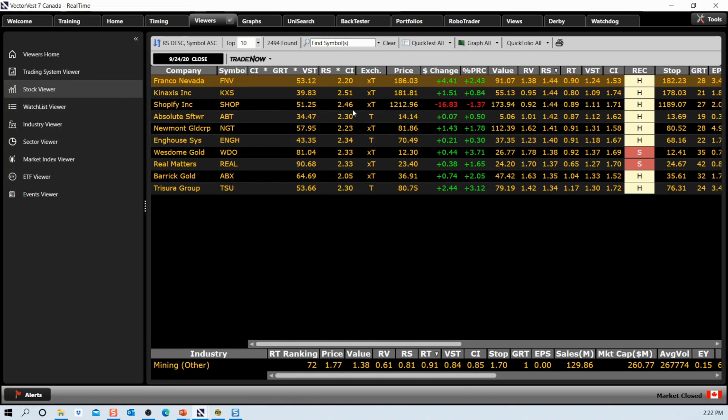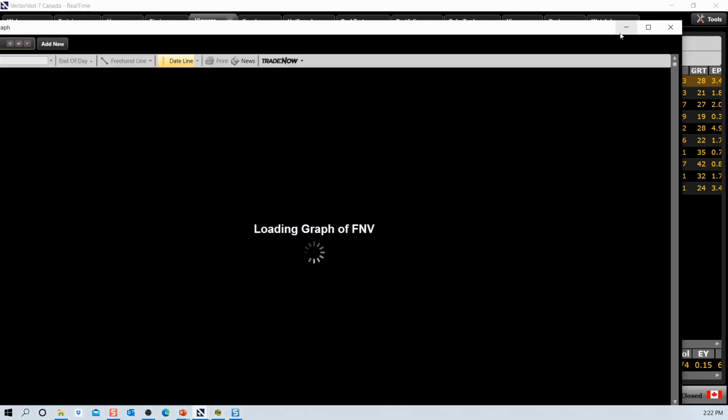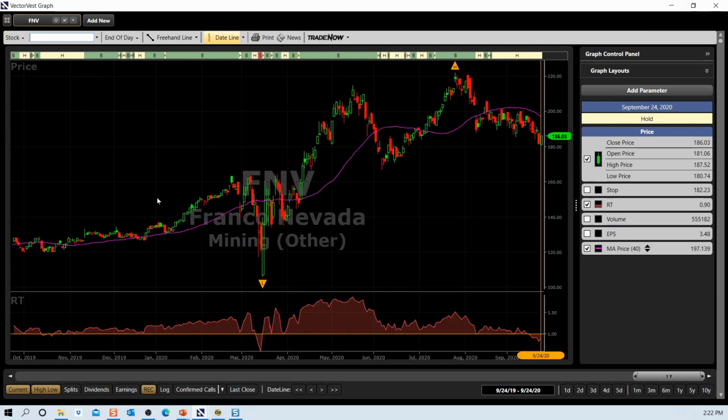So I've just got the stock viewer open. I have set the default to relative safety just by left clicking on the relative safety column, and from here I can click on graph all, and it opens up with my default graph with price, the 40-day moving average, and the relative timing indicator in the subgraph. Relative timing is a very smart, very fast, intuitive indicator that often shows price direction even before price itself gets underway. So it's a very strong indicator, and I like to put it on the Enhanced ProTrader Timing